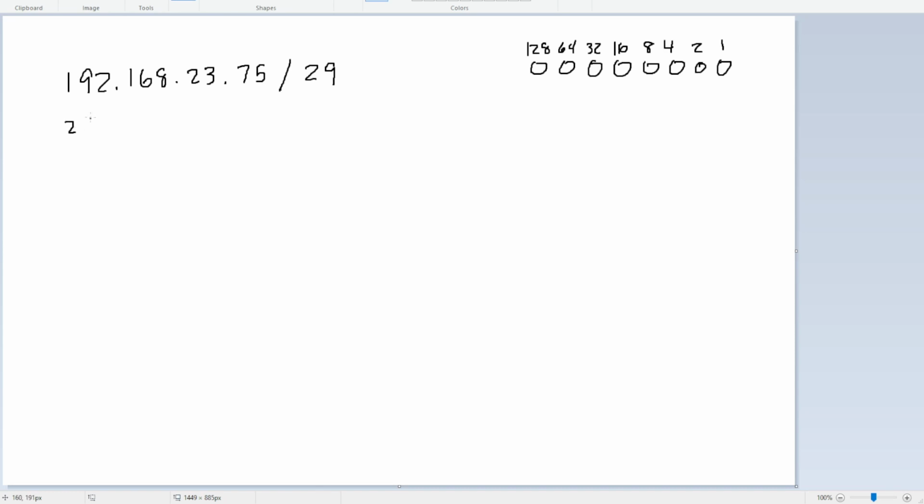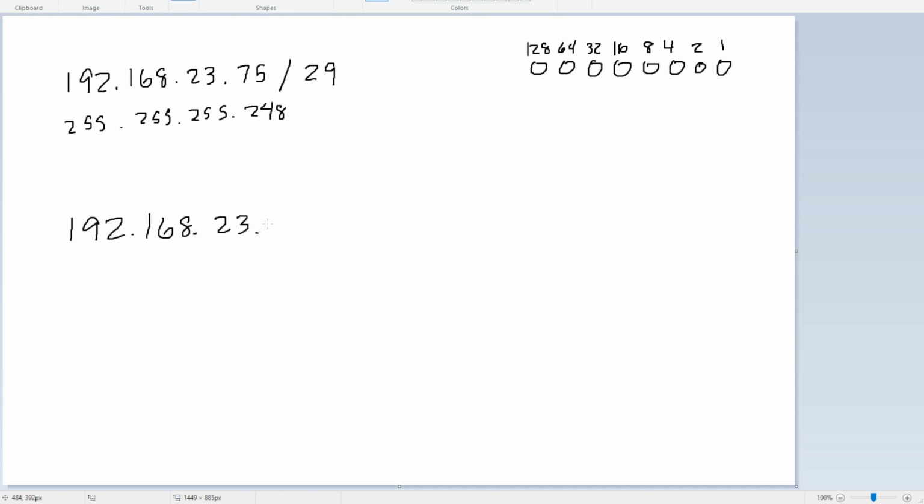And a slash 29, that would be, let's see. Slash 29, you're literally turning on the first 5. So 128 and 64 is 192, plus 32 is 224, 240, 248. So there would be the mask in decimal notation. I really like it though when it's like this. It's just a lot easier to work with. So now write out the address,